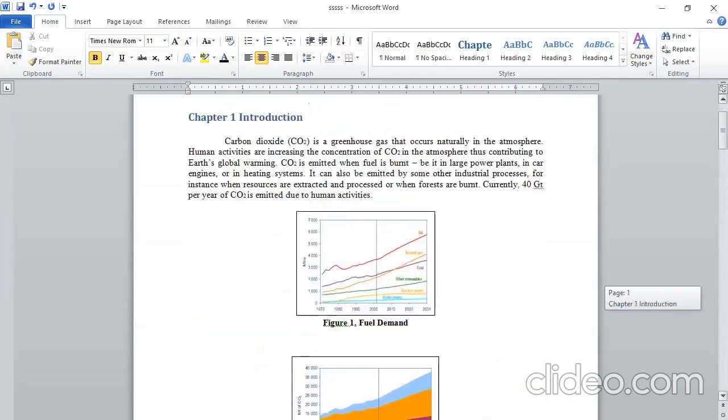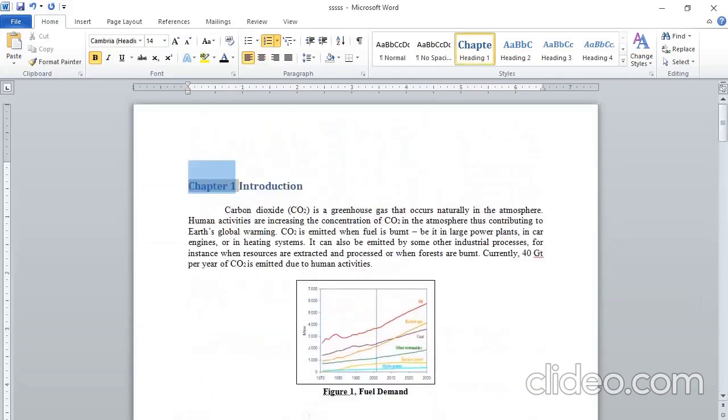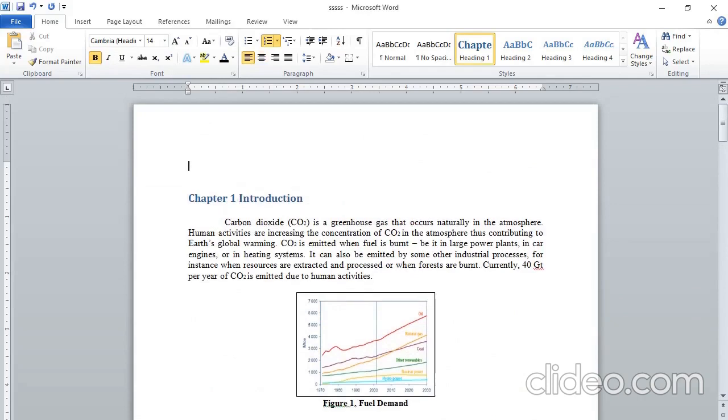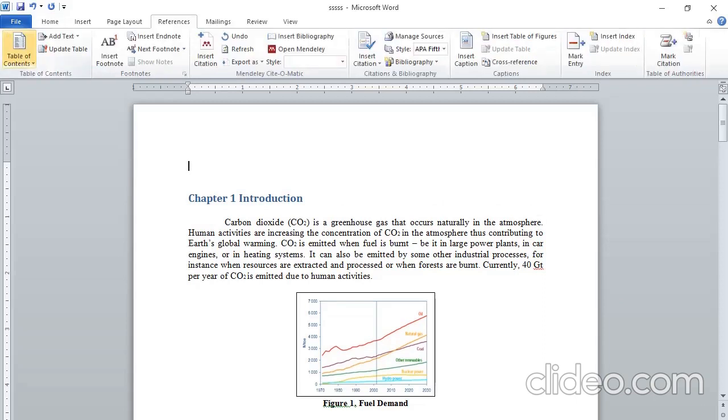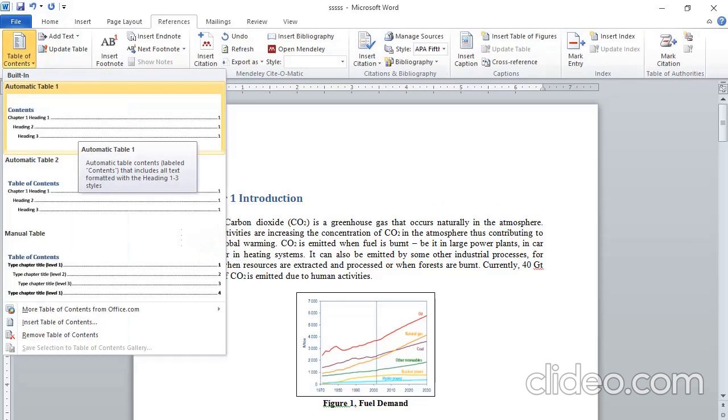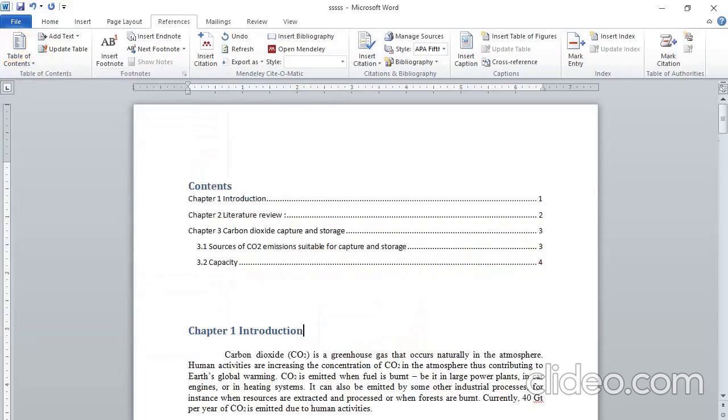After naming the figures and the chapters, you just need to go to the introduction. The contents and the list of figures are always inserted above the report, at the start. So enter a space before the introduction, go to references and table of contents, and select any of the styles which you want.